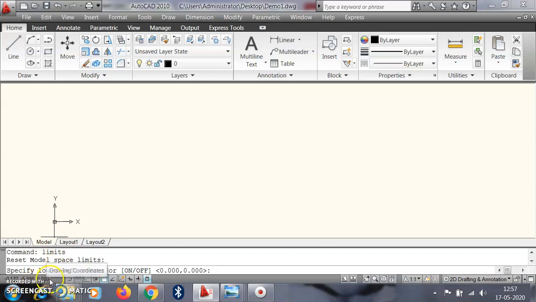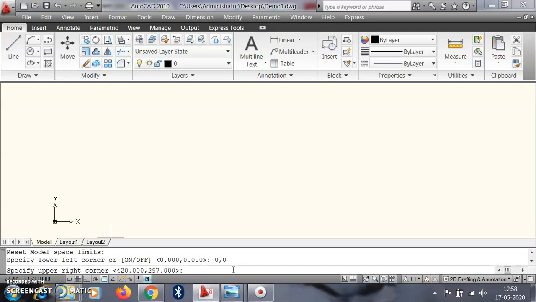If you look here, whenever we move our cursor, the three coordinates x, y and z are displayed here. So here, specify the lower left corner, that is 0, 0, which means our limit starts from the origin. So we write here 0, 0, then enter. Then specify the upper right corner. What will be our sheet size?